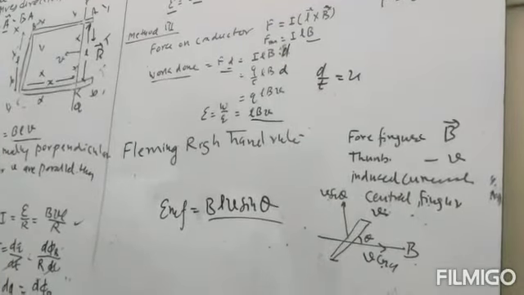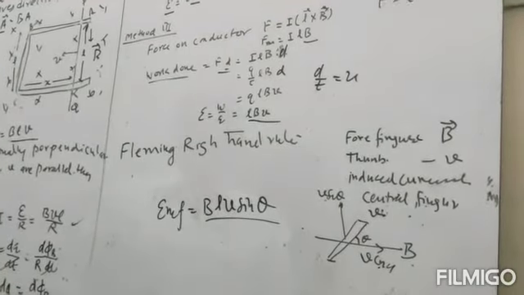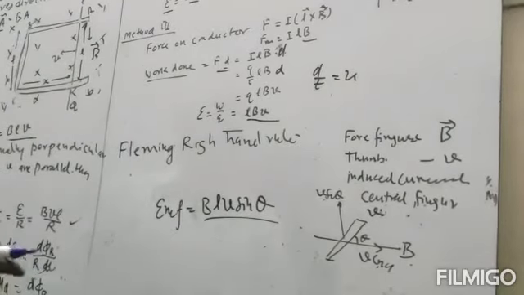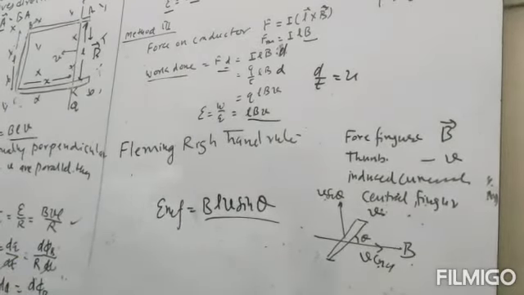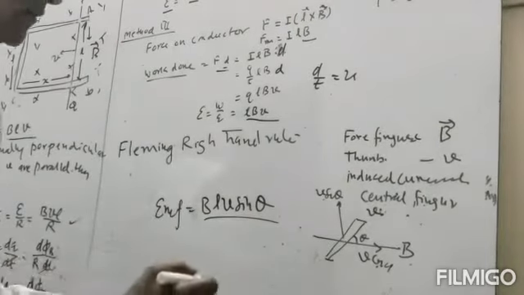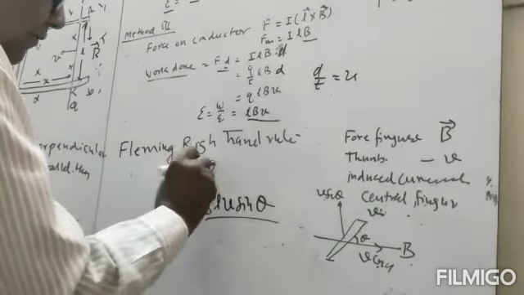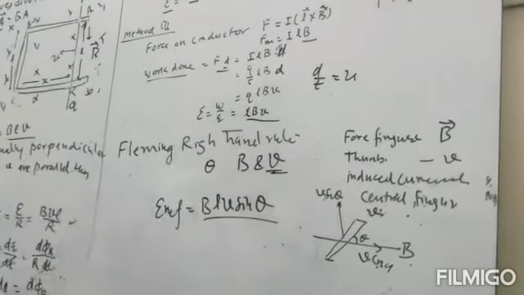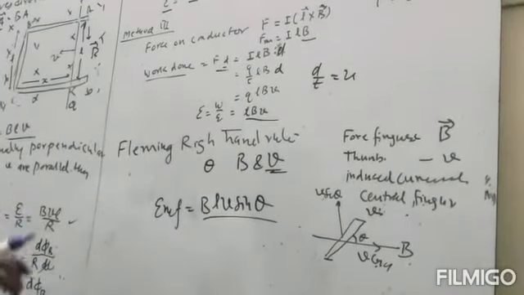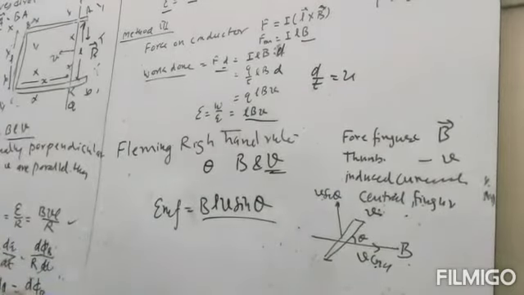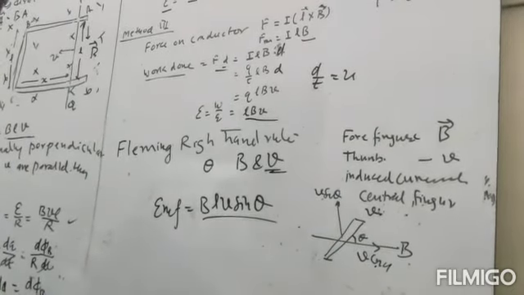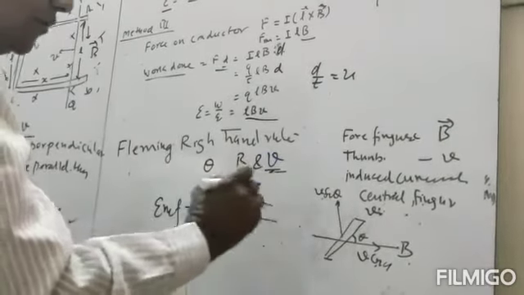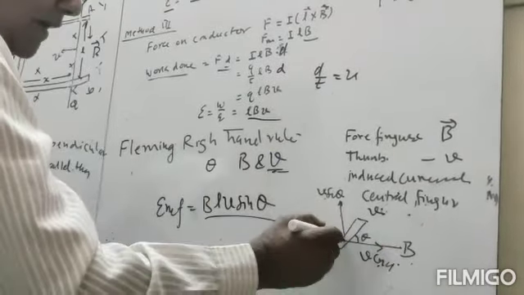Now if the rod is not moving at constant velocity when B is perpendicular, if B is not perpendicular to the V, if the angle between B and V is theta, then we can project the V in the direction of the magnetic field and perpendicular. So in the direction of magnetic field it will be equal to V cos theta, and perpendicular it will be